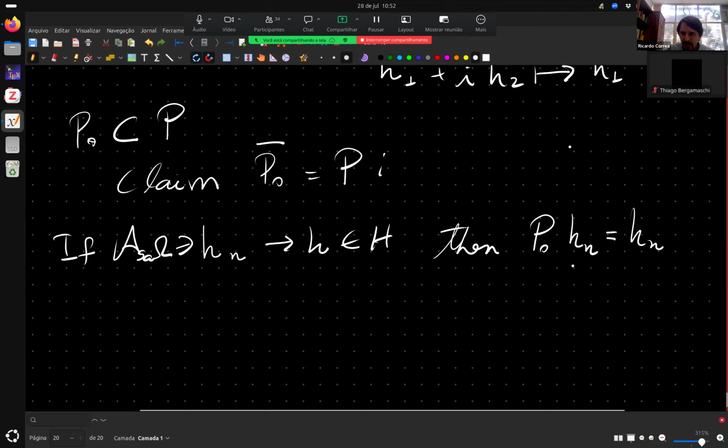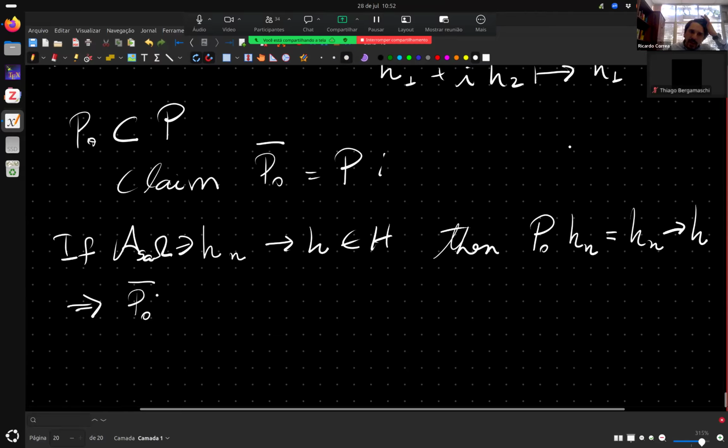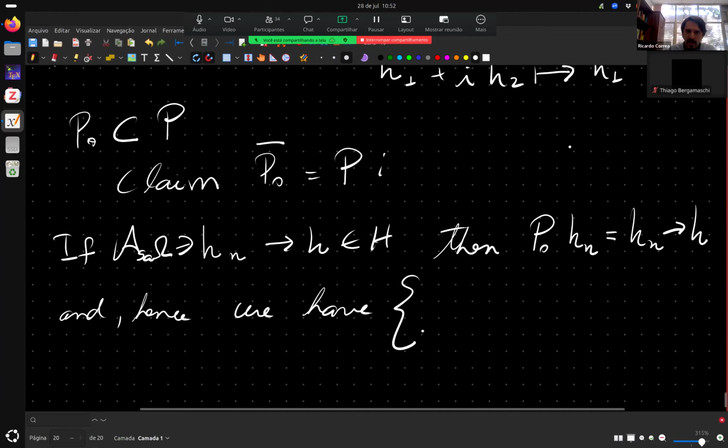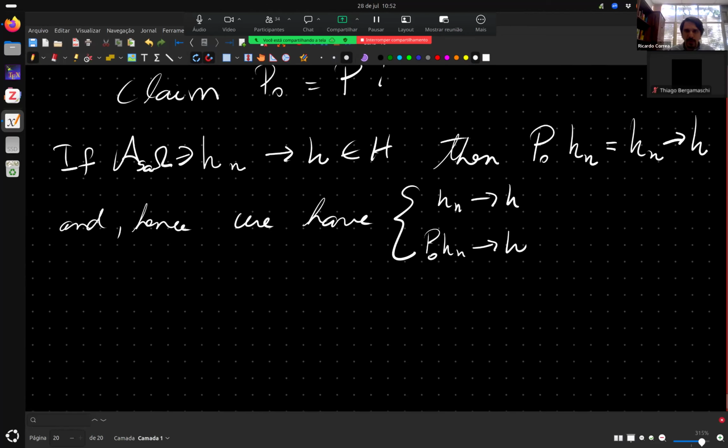By the definition above, this projection just gives me Hn, and we know that it converges to H. So out of this conclusion, we have Hn going to H and P of Hn going to H. So if I'm looking at the closure of the operator,